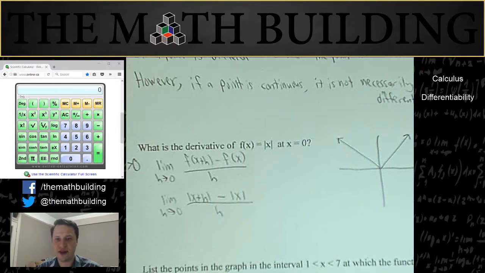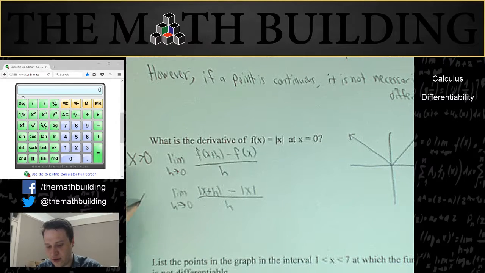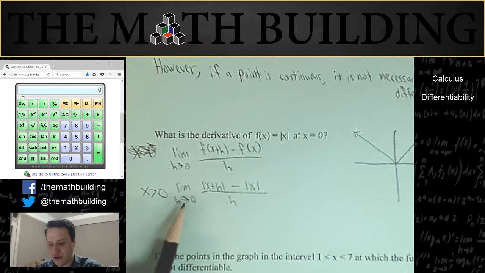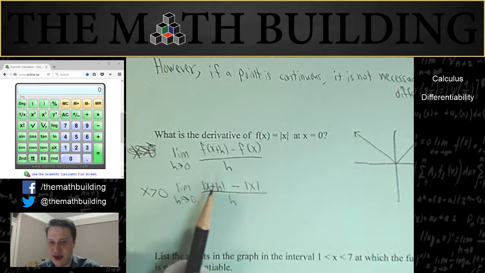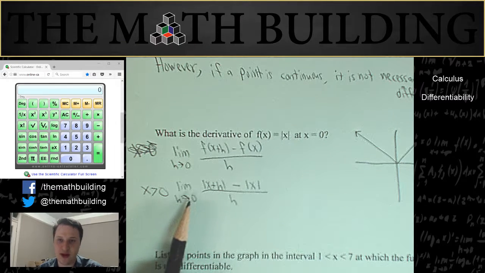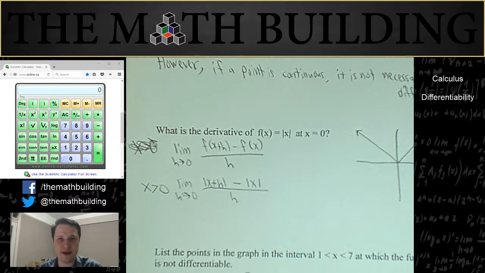Okay, so let's calculate what this is. Now, if x is strictly greater than 0, then what's the absolute value of x plus h? Well, if x is positive, and by the way, we assume that h is positive when we're doing this limit, if h is positive as well, then we can just take off the absolute value signs